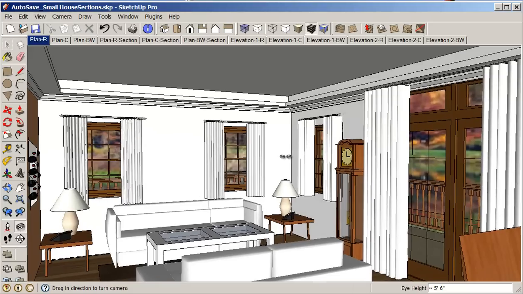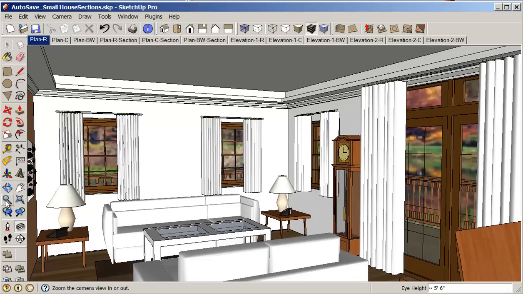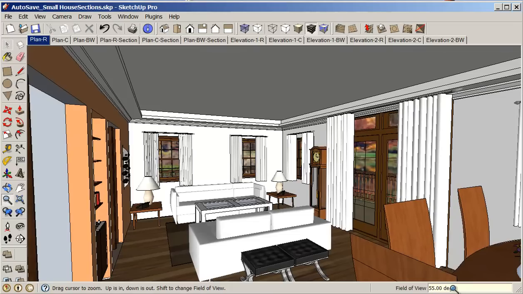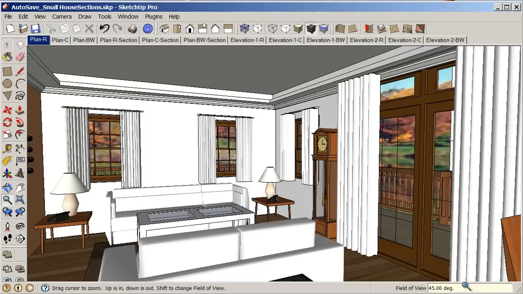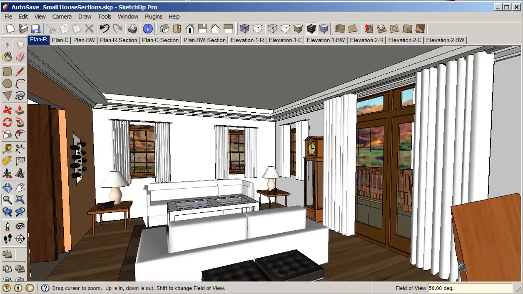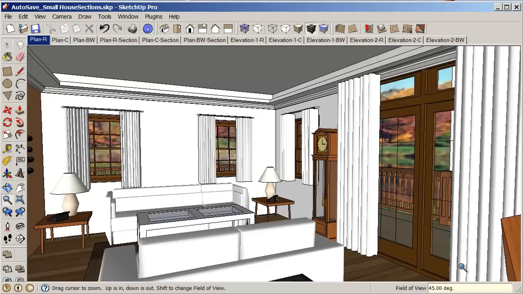Now from this position, everything is looking actually quite good, but I would like to just review a couple of different tools. We have the zoom tool, and the zoom tool actually gives us an angle. This is the angle of view, so if I want to increase that to say 55, I can increase that to 55, and you can see that this gives me a much greater view of the room. So I might want to move in. I might just even want to change this to say 45. So you can have a look at what it looks like there, or maybe 50. When you get close, a good thing to do to get it to be a little bit more refined,